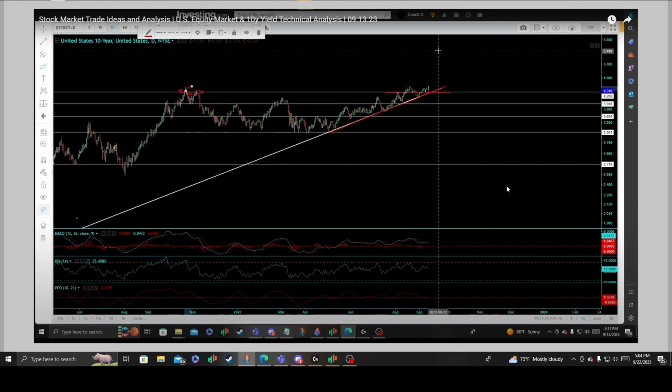The following content is an update and technical analysis on the U.S. Treasury markets, and I will be deep diving into the 2-year, 5, 10, and 30-year yield based upon the daily interval, where I'd mentioned on the 13th of September 2023, in the 10-year yield technical analysis and stock market trade idea video, that it would be an ideal, great risk-reward ratio on a short trade setup for the 10-year